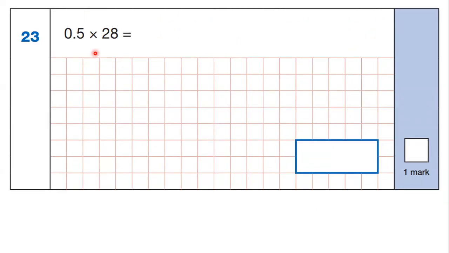Question 23. 0.5 times 28. Now there are different strategies that we could use here, but if you're unsure, you can always just write it out as a column multiplication. So we have 28 at the top and 0.5 at the bottom. Now the place values here aren't lined up,